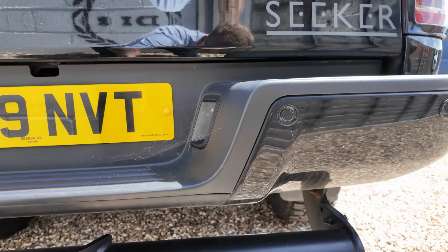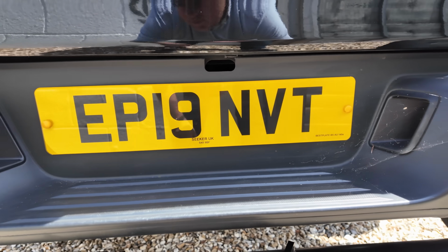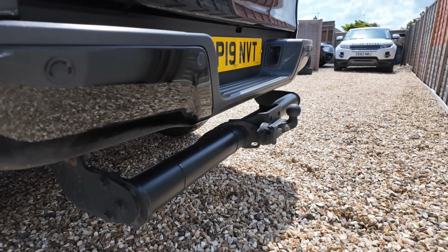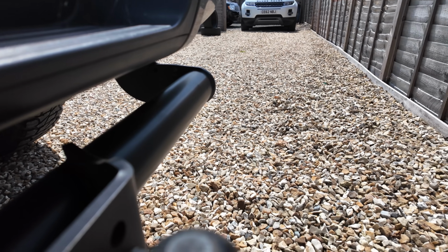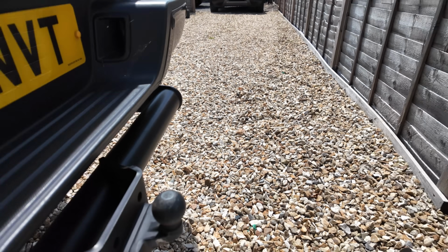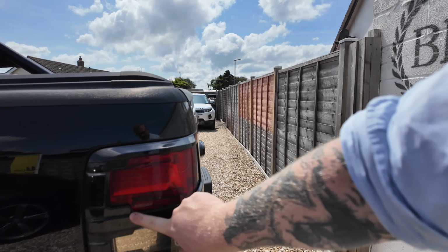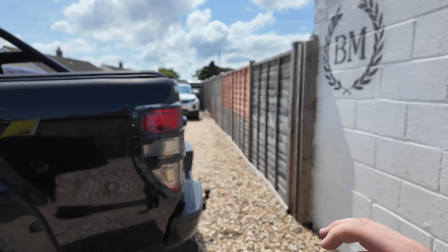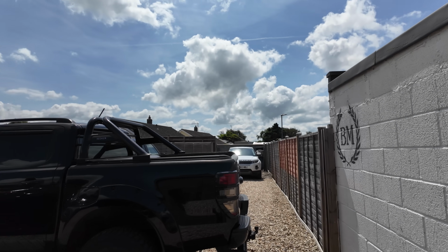We've got what looks like a brand new tow bar on the back. Don't know if that would have been fitted when it was converted or whatever, but it looks practically unused. It's not completely unused, well, it could be. There's just a bit of surface corrosion on there, but yeah, it's in pretty good condition. We've got some surrounds around the rear lights. I don't know if they are standard Wild Track or they're part of this Seeker kit, but